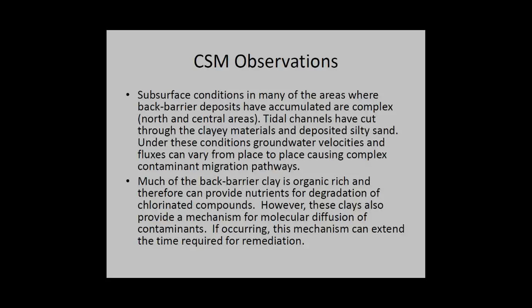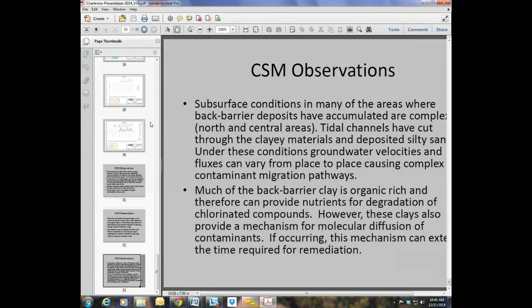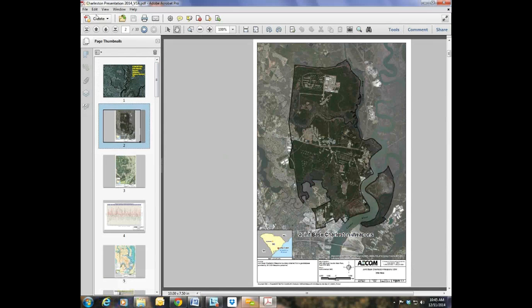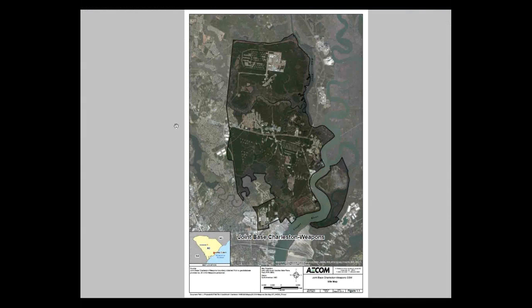Mm-hmm. And when I look at some of your early slides that show the land itself and the distribution of wetlands, et cetera, it occurred to me, early on, during the development of the base, what did this land look like? I mean, was it difficult to settle? It looks like it would even be very difficult to get into at some stage before roads were built and things like that. What did it look like? Was it settled originally before the base, or was it just kind of impenetrable?